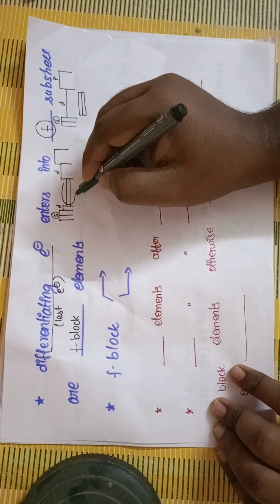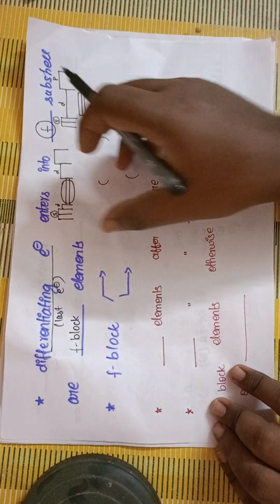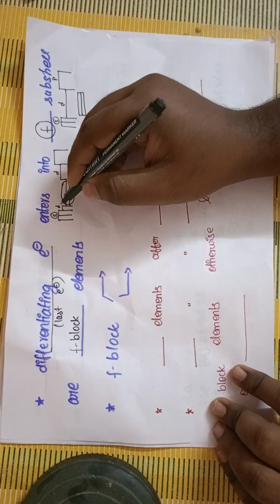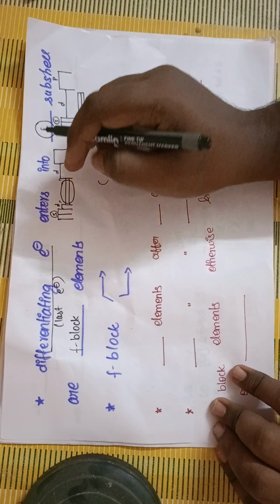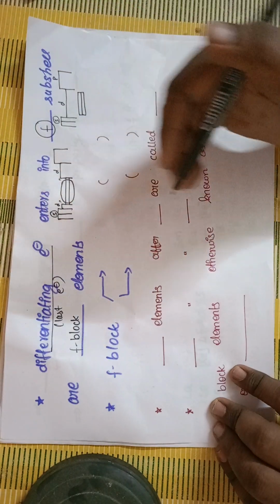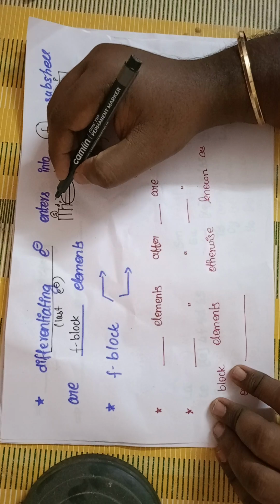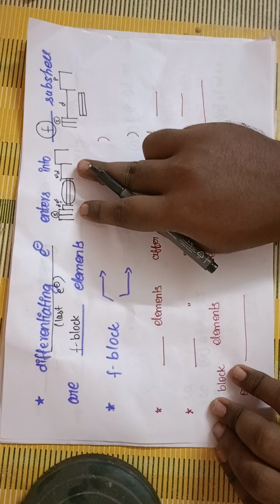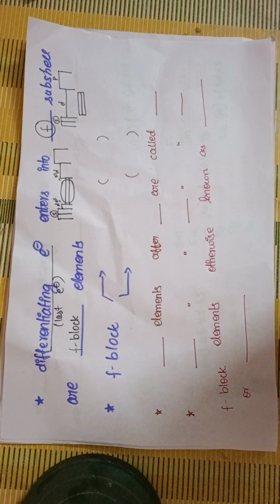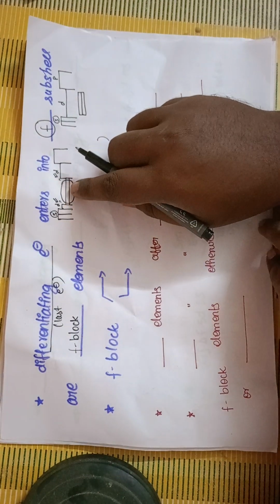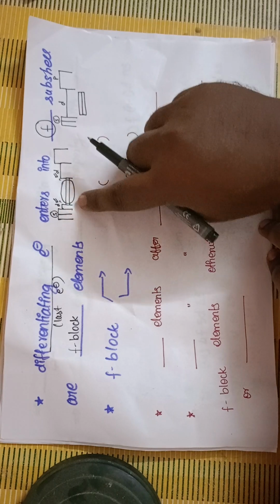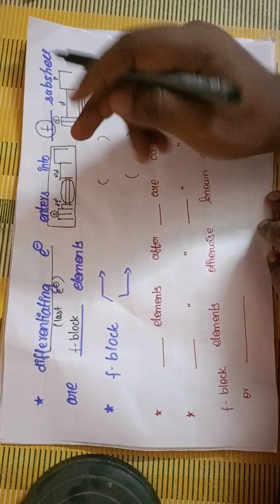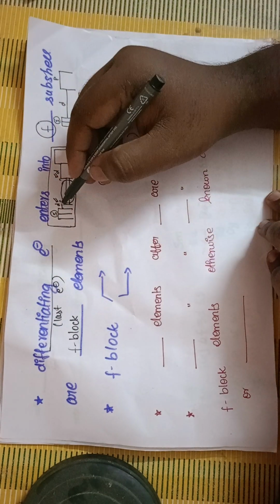As this is occupying extra space in between the s and d block, scientists just cut down this part and placed it at the bottom of the periodic table. Then only this d will combine with this d. That is the main aim. Why are we placing the f block elements at the bottom of the periodic table? Actually, this is the full form, the longest form of the periodic table. This is the one. To combine this d with this d,